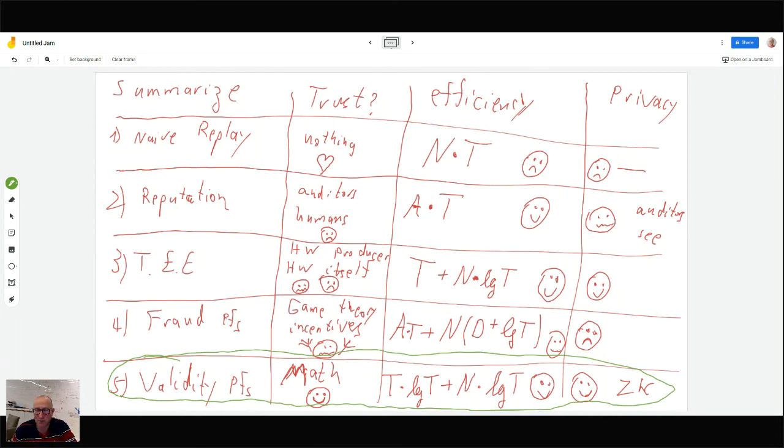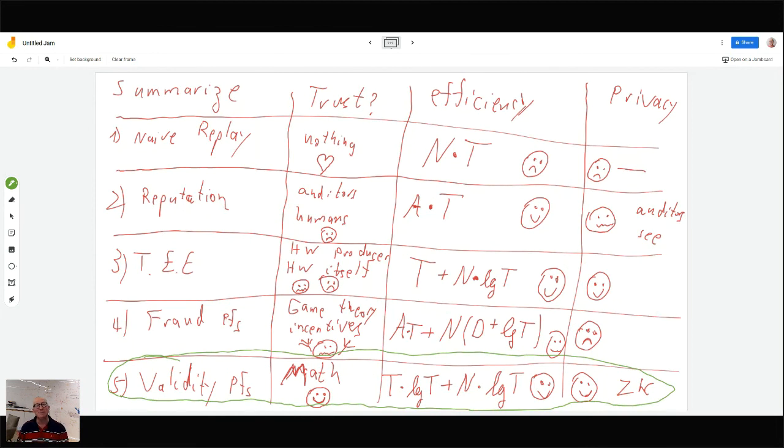So I think it's a terrific question. And this question applies to all of these 5 things, right? Even for naive replay, because at the end of the day, the computations are pretty complicated and the algorithms, and in the middle, there are compilers and hardware and routers and everything. So the same politician could argue that, and by the way, would very rightly argue so, because actually, any sufficiently complicated piece of code has a lot of bugs in it, and some of them may have been inserted there on purpose and some not.